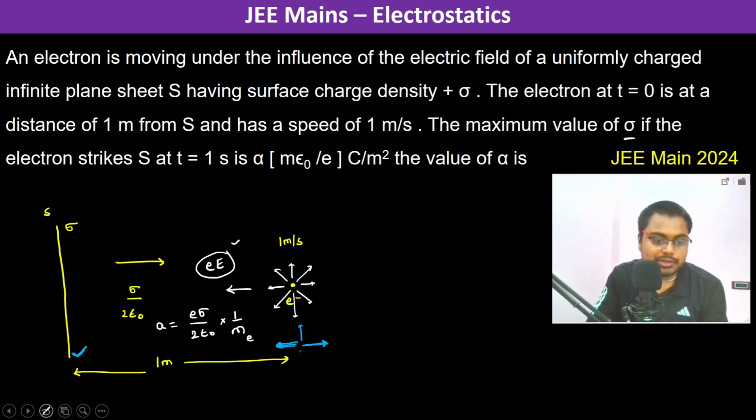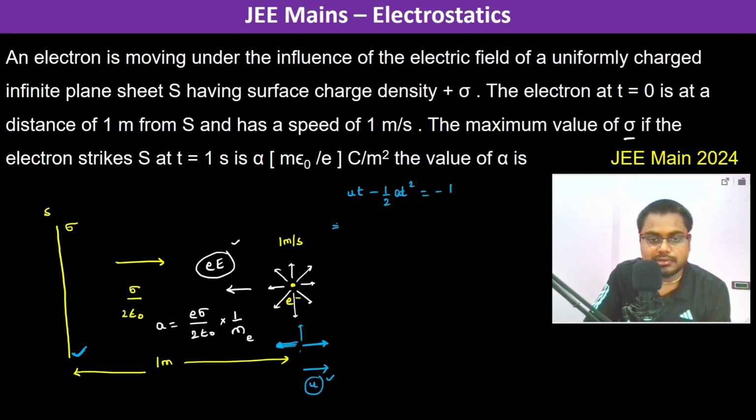So the direction of the velocity must be in this direction. So what we can write is ut minus half at square should be equal to